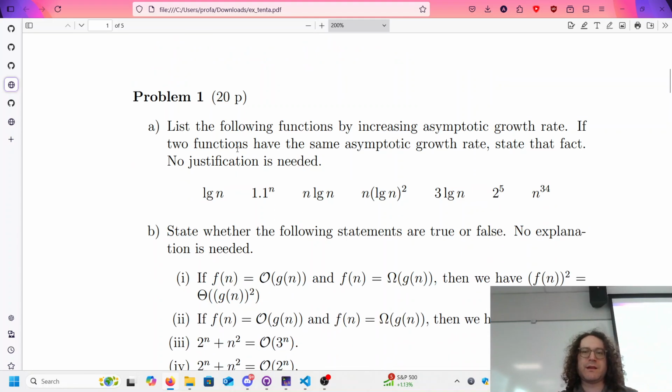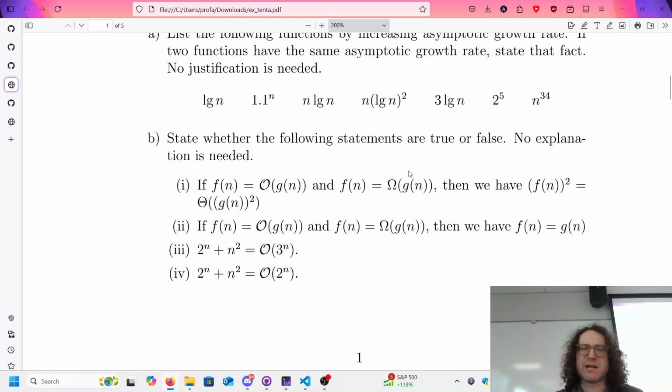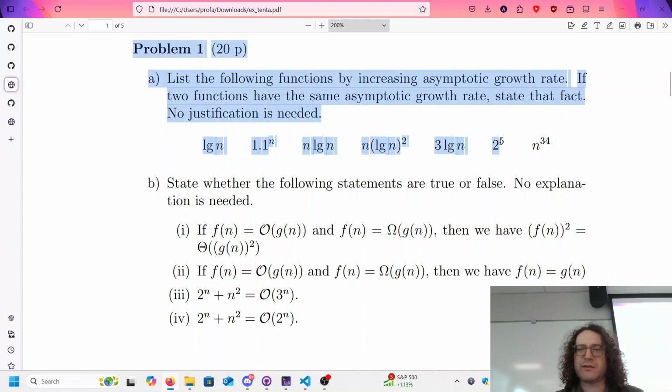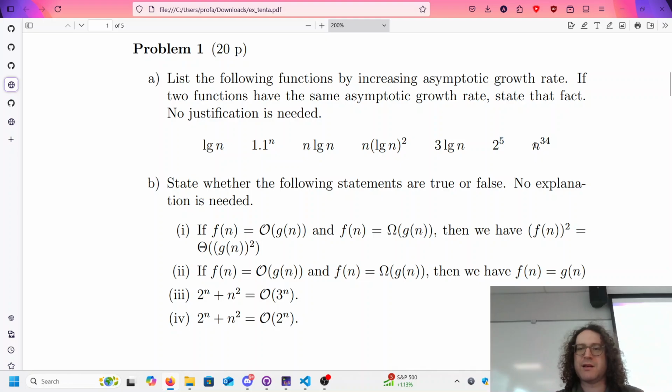All right. So list the following functions by increasing asymptotic growth rate. In other words, which of these from lowest to greatest for big O time. Not really too necessary here, but you can recognize, oh, this is constant time, this is a polynomial, this is a logarithmic time, n log n. So let's see,